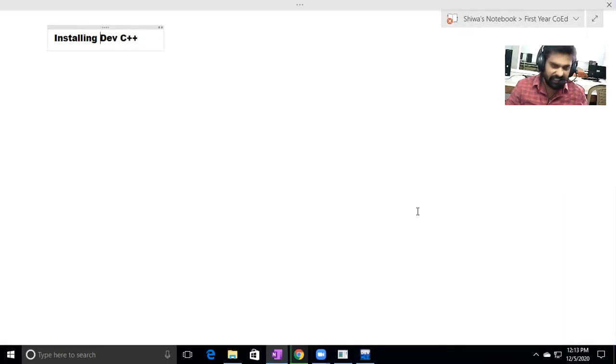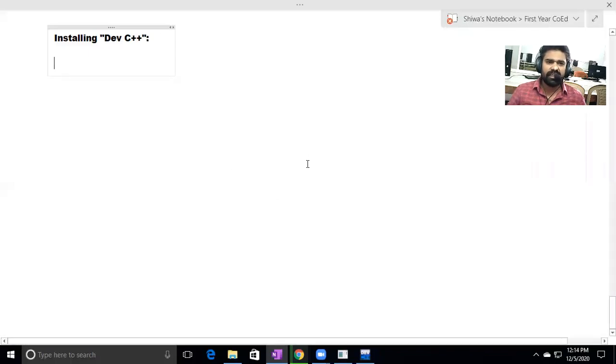Use this one. This one is very easy. Use Dev C++. This is one IDE. Like this, several IDEs are there, like Code::Blocks. You can use a compiler also, like the GNU compiler, the Oracle compiler, the IBM compiler. So many C++ compilers are available in the market. Several IDEs are also available, like Code::Blocks, Dev C++. It's better to use Dev C++. You will feel it is easy. So how can we install it?